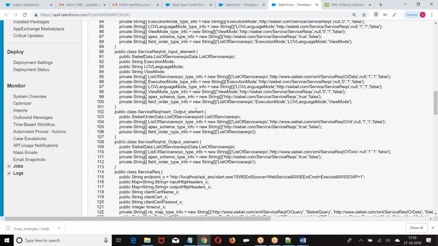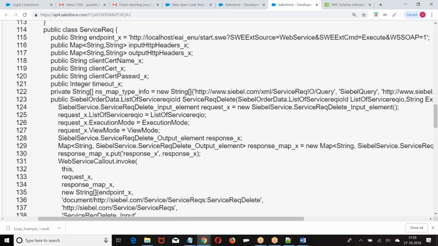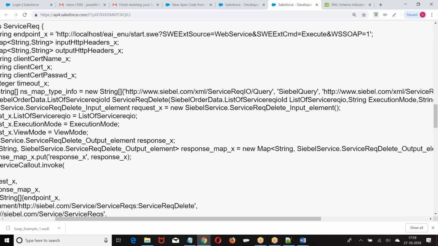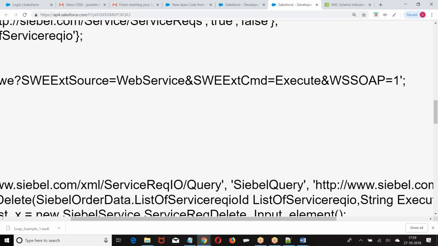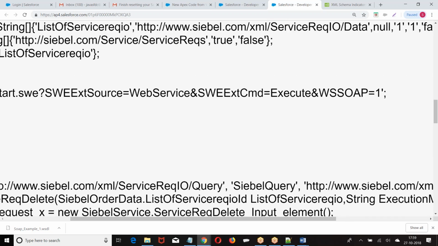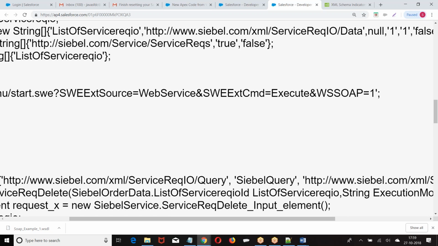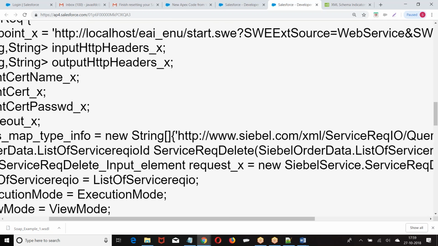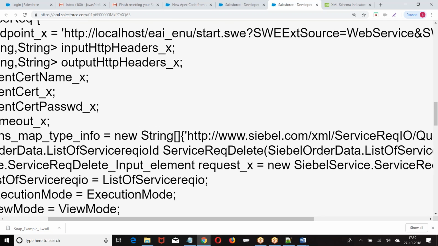This is the class. This class, what did they ask? Service request. Now what did they give? Localhost. Now they are expecting parameters here. Here I was supposed to give my data. Okay. If you want to pass any parameter in the URL, where will you put it? What is the format of putting it? You are supposed to put it in input header.